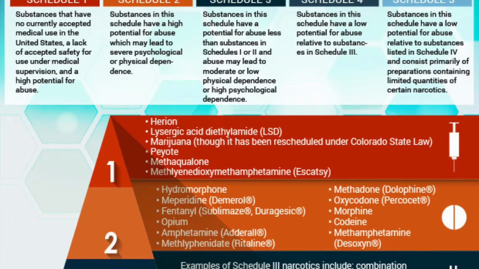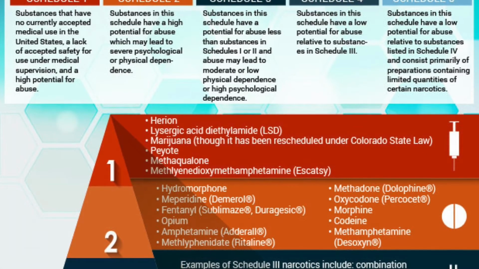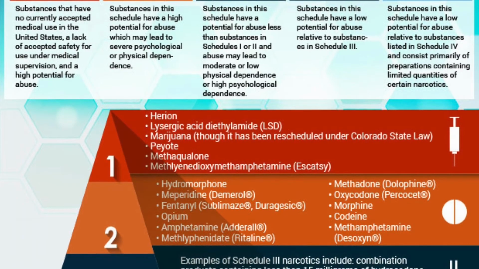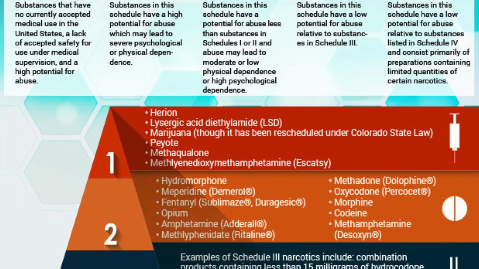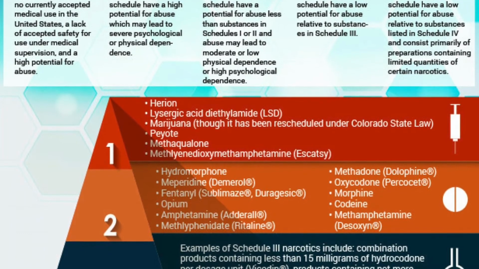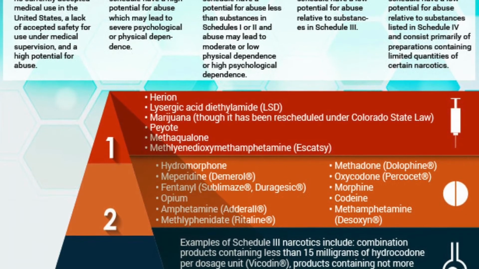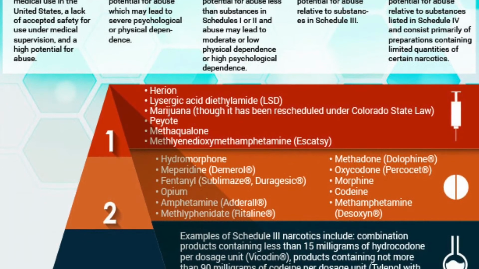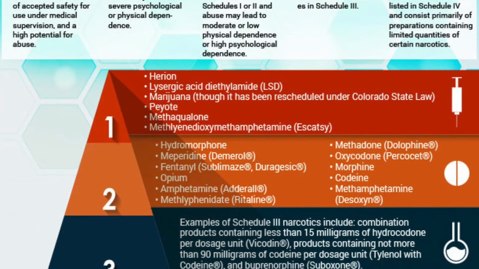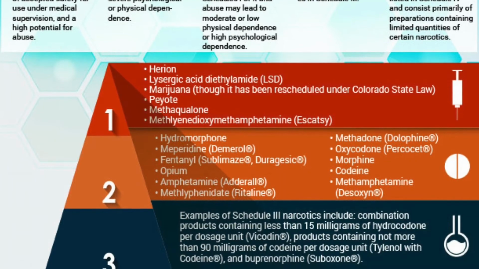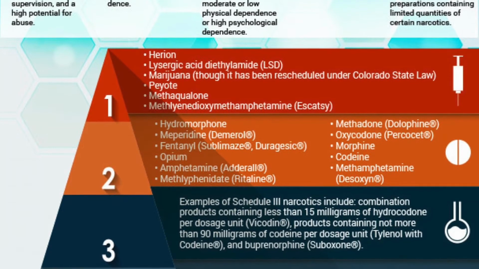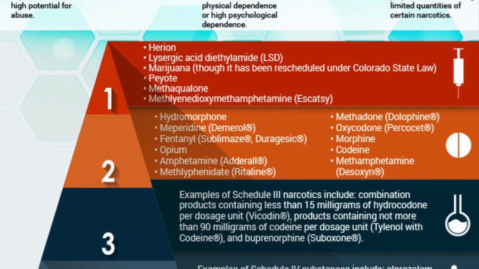Before we move any further, I'd like to point out the pyramid you see before you. On this pyramid, it discusses the schedule's classifications. Schedule 1. Substances that have not currently been accepted for medical use in the United States, a lack of acceptance for safety for the use under medical supervision, and a high potential for abuse. Schedule 2. Substances in this schedule have a high potential for abuse, which may lead to severe psychological or physical